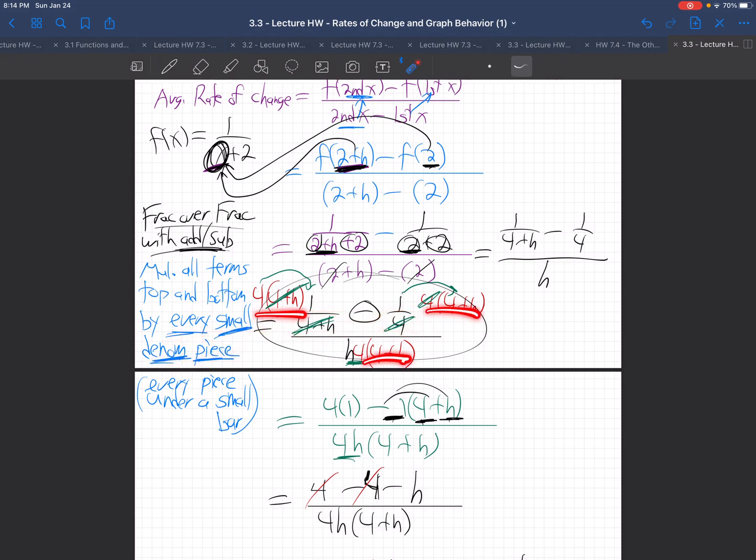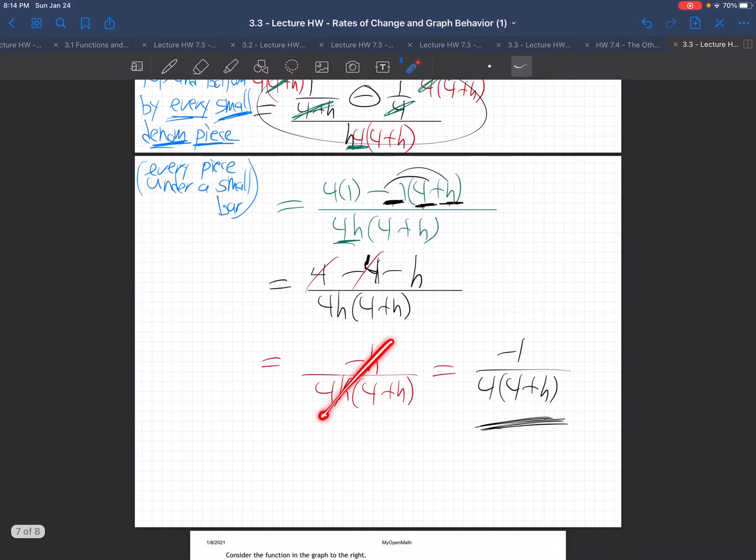So you're not changing the fraction, you're just changing the way it looks without changing its actual value, because you're doing the same thing to the top and the bottom. That never changes the value of a fraction. And then you cancel, you get this, you distribute in like terms, and cancel again, he comes on down to this. So that's not easy. There we go. That's the average rate of